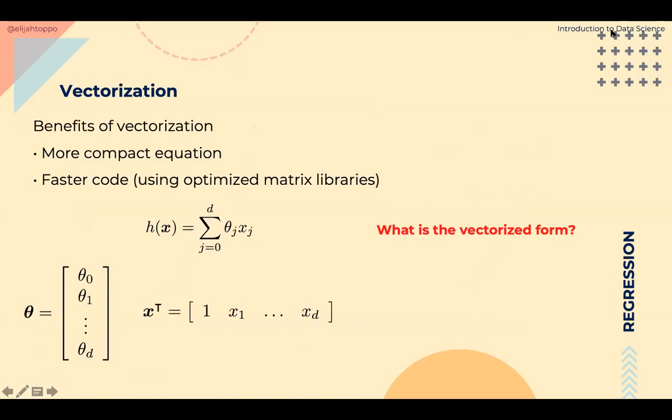Now the next point is, since there are many complex equations within implementing linear regression, we would hope that we could write these equations into a compact form which is optimized so that our algorithms will run pretty fast. For that, we will do something called vectorization. We will take our equations and represent them in matrix forms. The advantage of doing that is twofold.